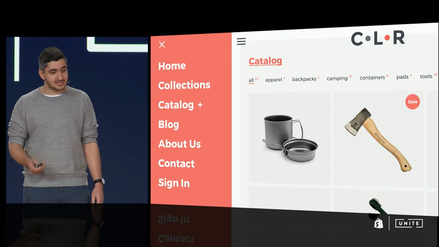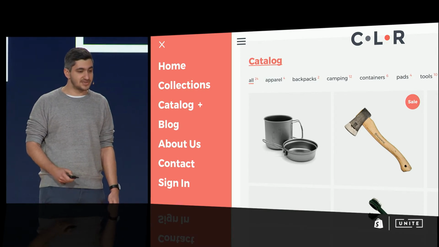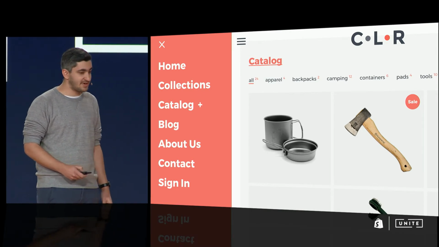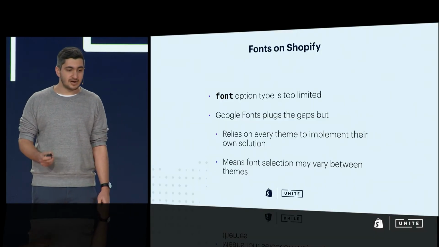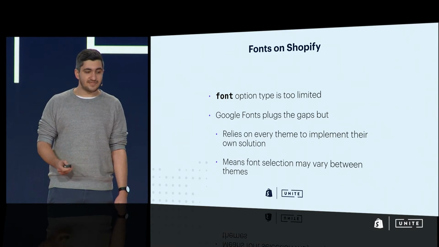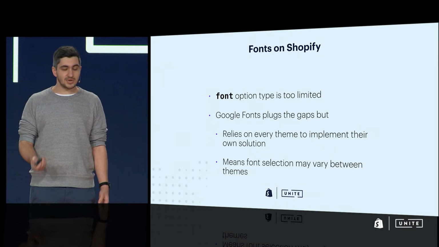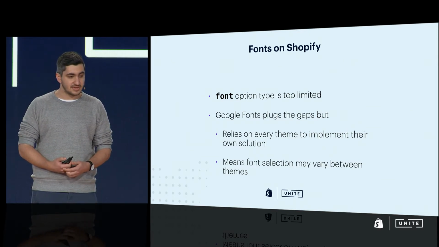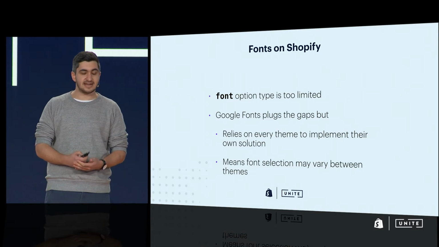This workaround has allowed us to deliver some great experiences. For instance, the colors theme showcased here uses the Montserrat font from Google Fonts to great effect. However, relying on custom solutions has a few limitations. While Google Fonts makes some great fonts available, each theme includes its own subset, which means merchant selection varies between themes. And while we could have simply standardized a selection of Google fonts, we decided to take this one step